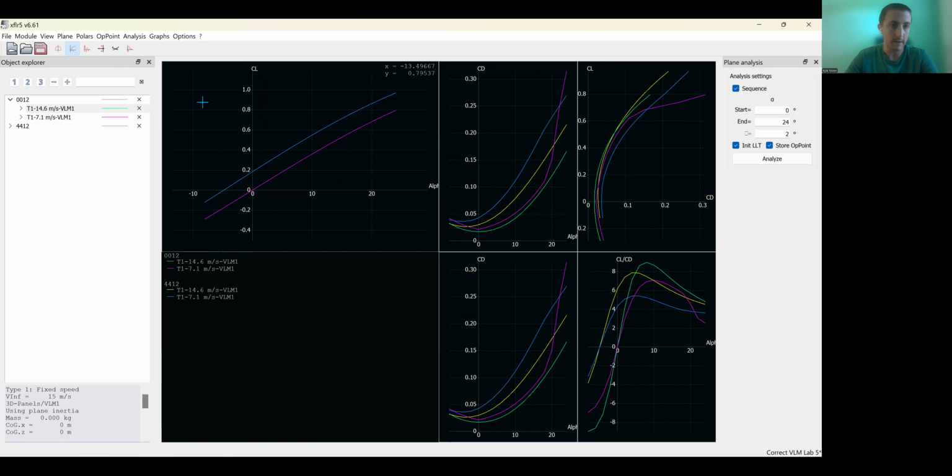So once you get that all done, then you can move over to modules here, hit wing and plane design. Again, here's my information. It's all pre-populated. This is going to be completely blank, but what you need to do is actually define 2 planes, one with the NACA 0012 and the NACA 4412. So we're going to create the wings here. You would define a new plane